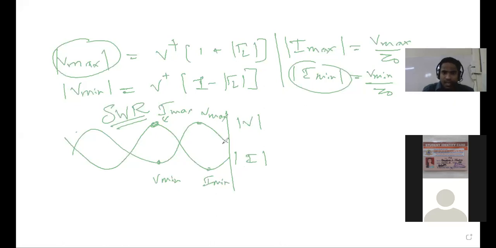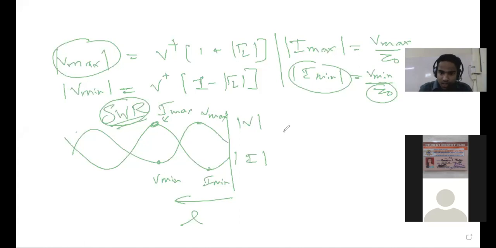And the impedance at that point, so we are going along this length, and these are SWR, standing wave ratios. So when the voltage is maximum, current is minimum. And when the current is maximum, voltage is minimum. And the impedance at that point is real. We have already seen SWR, this is the standing wave pattern. You can just Google standing wave patterns for different transmission lines, for microstrip line, for coaxial cable. So for different transmission mediums, you can see the SWR.